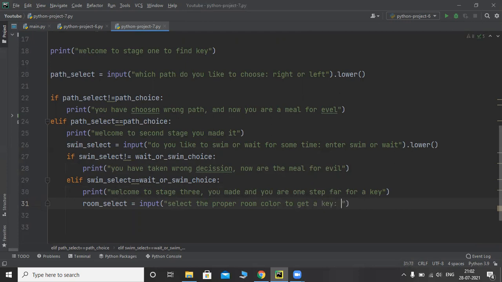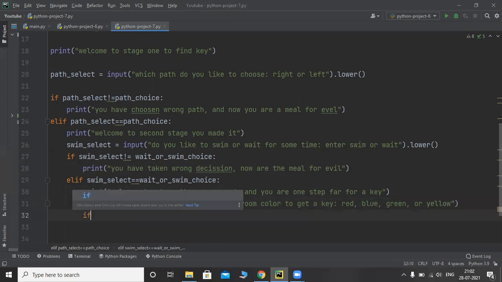So what are the colors? Red, blue, green, or yellow. So these are the colors.